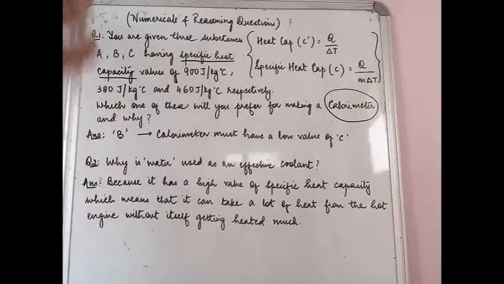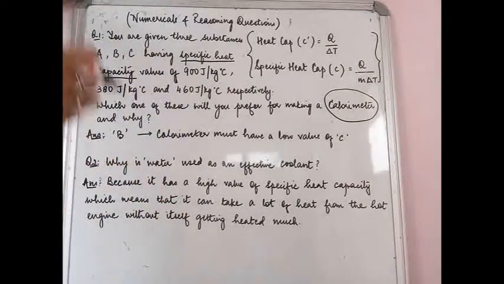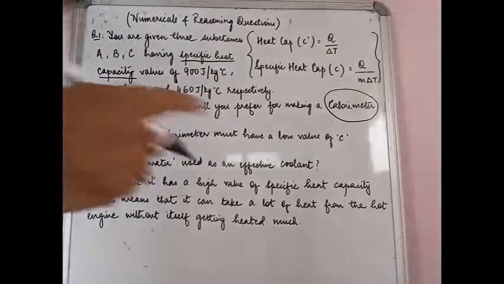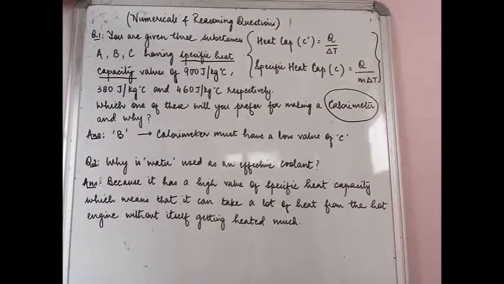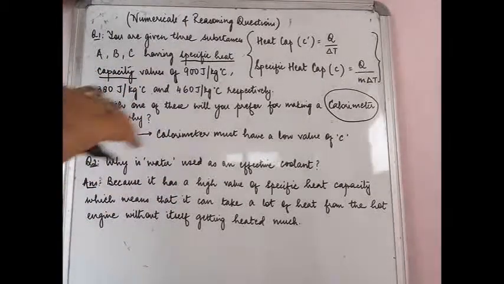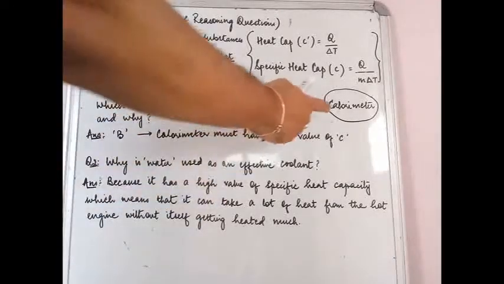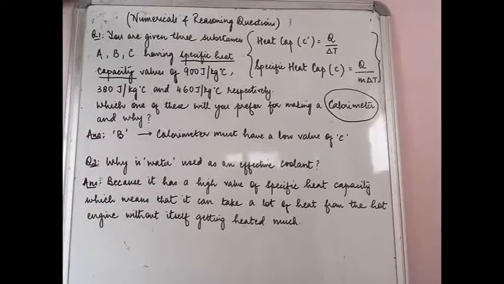As you all know, whenever you touch a hot body with a cold body, there is a transfer of heat energy from the hot body to the cold body. And how long will that transfer keep on taking place? Till the time the temperatures of both the bodies are the same. Okay, so whenever there is a difference of temperature between two bodies and they are made to contact each other, the heat will flow from the hot body to the cold body. So this is exactly what a calorimeter facilitates. Okay, so the diagram of the calorimeter you all have studied in the previous lecture.